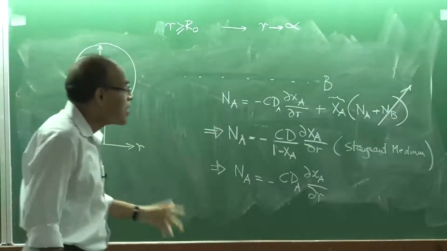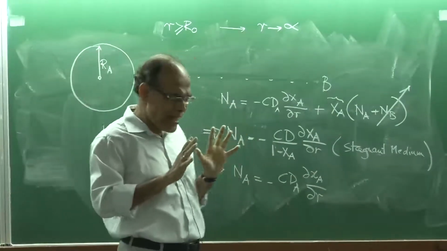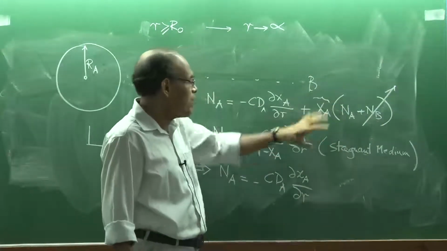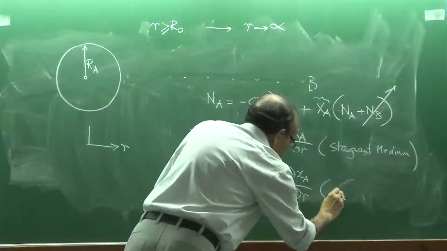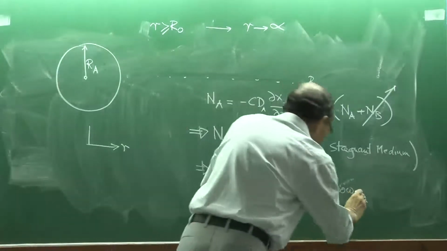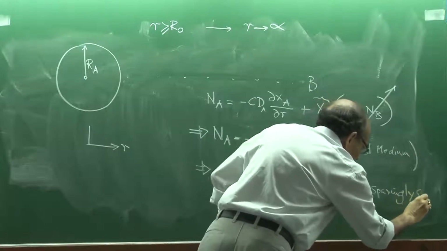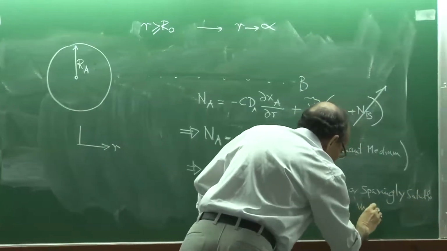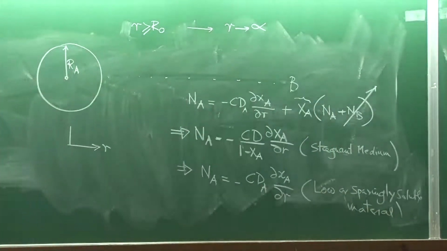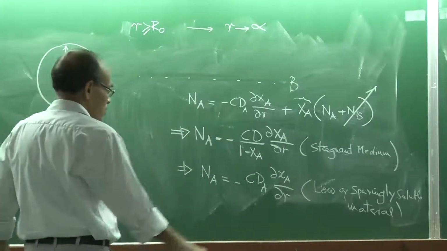the diffusion itself. But when the concentration x is small, A is not going to move with a very high velocity, so the velocity itself will become small, and therefore this term can be neglected, and this becomes a case of low, or we say sparingly soluble material. A is sparingly soluble in B. So two different possibilities are possible, and